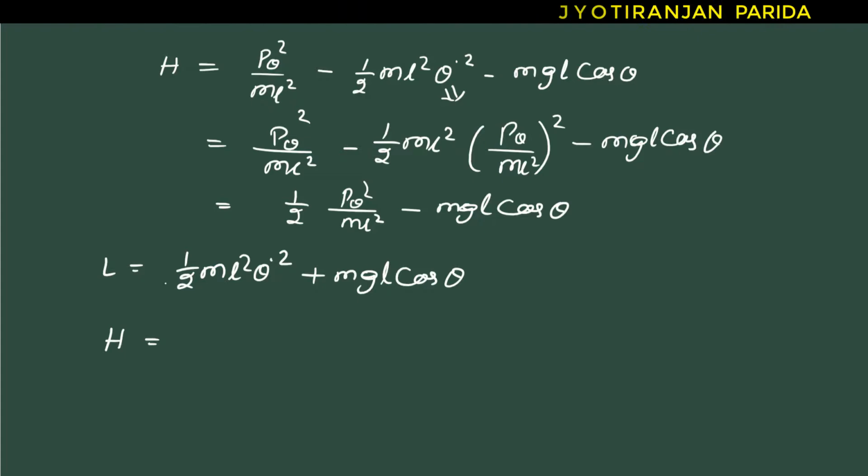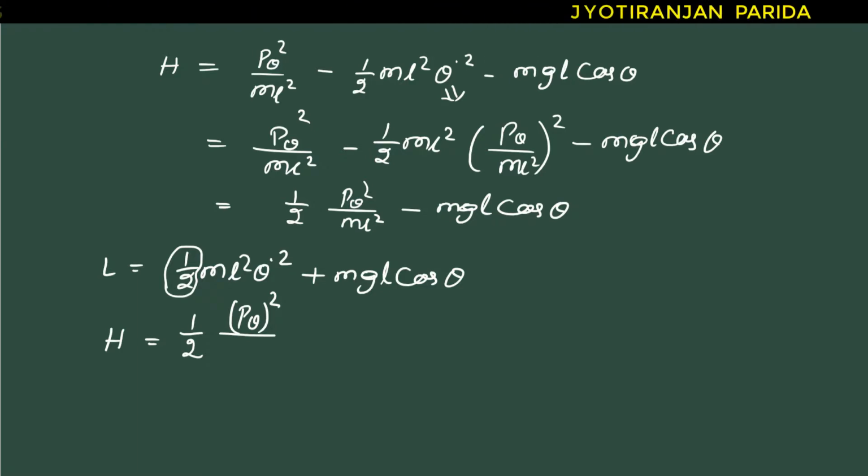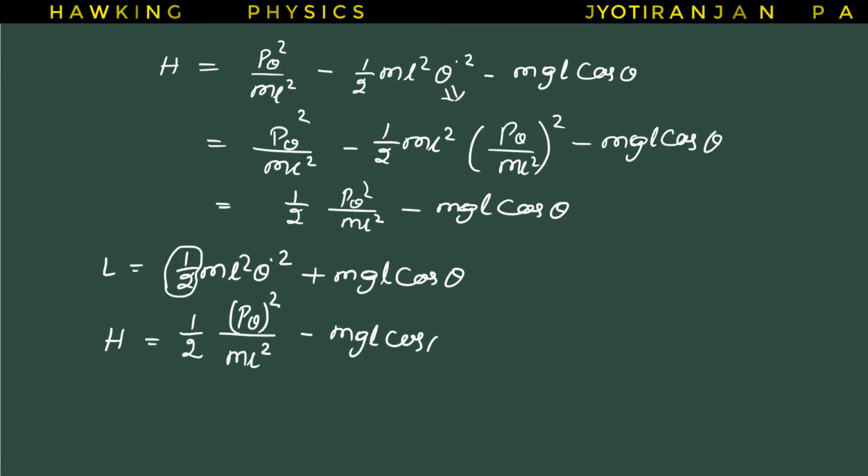Hamiltonian is equal to, first just write down this half, then write down p theta in place of theta dot. Here we have theta dot square, so just write down p theta square, divided by the coefficient of theta dot square in the denominator, that is, here m l square is the coefficient of theta dot square. So write this in the denominator and put a negative symbol in the potential, minus mgl cos theta.